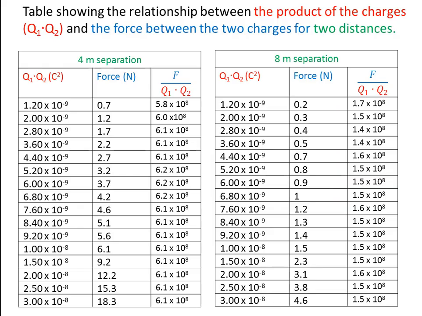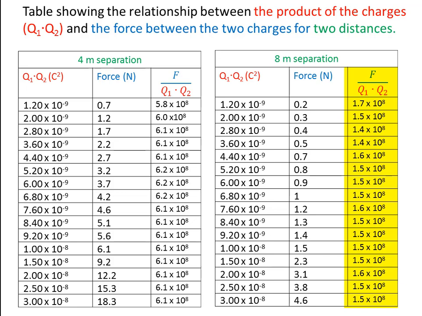So because of that inaccuracy, you have to round off to be able to see the patterns. You have to ignore experimental error. And if you look at these values, you can see that they all round off to 6 times 10 to the power 8. Then if we look at our second table for 8 meter separation, we can see that F